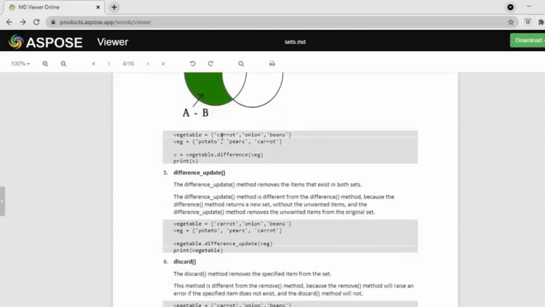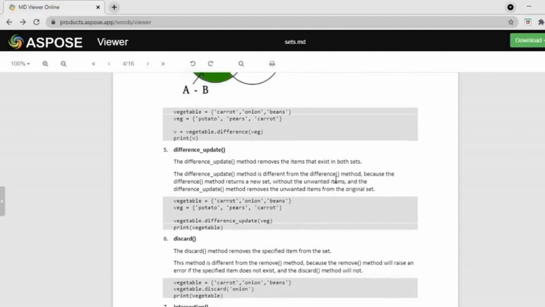This is an example where vegetable is initialized with carrot, onion and beans. Veg is initialized with potato, pears and carrot. Therefore, vegetable dot difference of veg will give all the elements in vegetable but not in veg. Therefore, it prints only onion and beans.